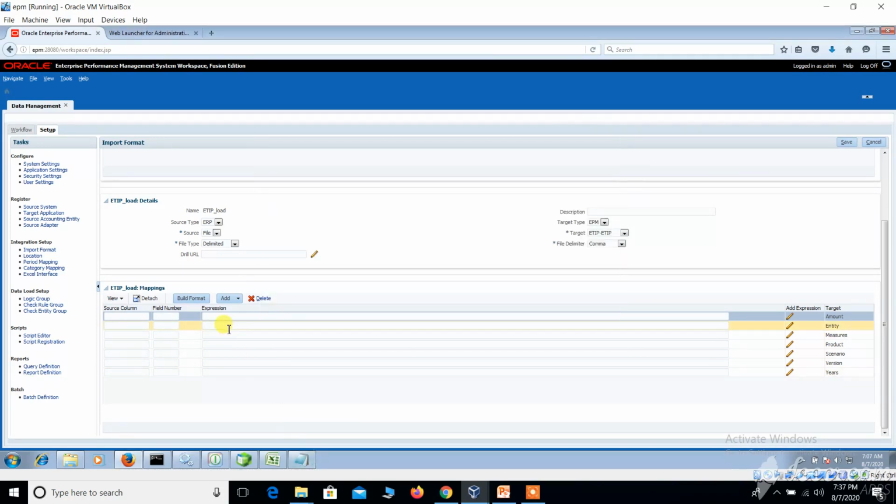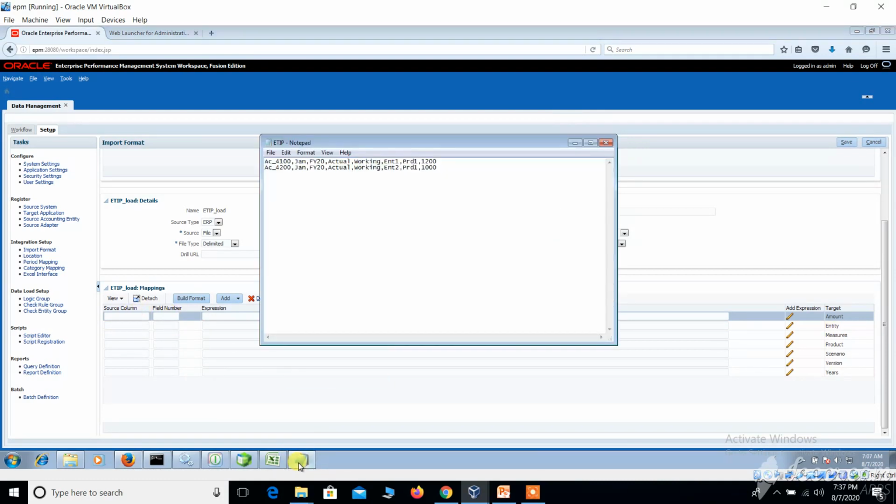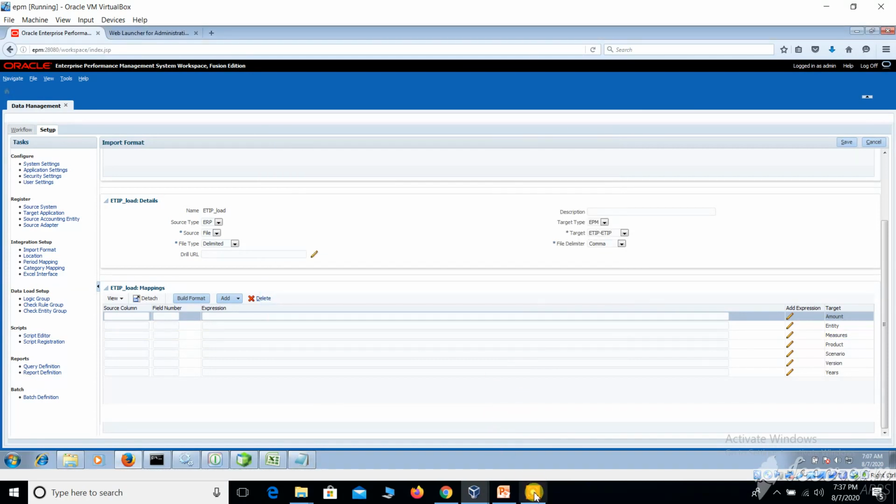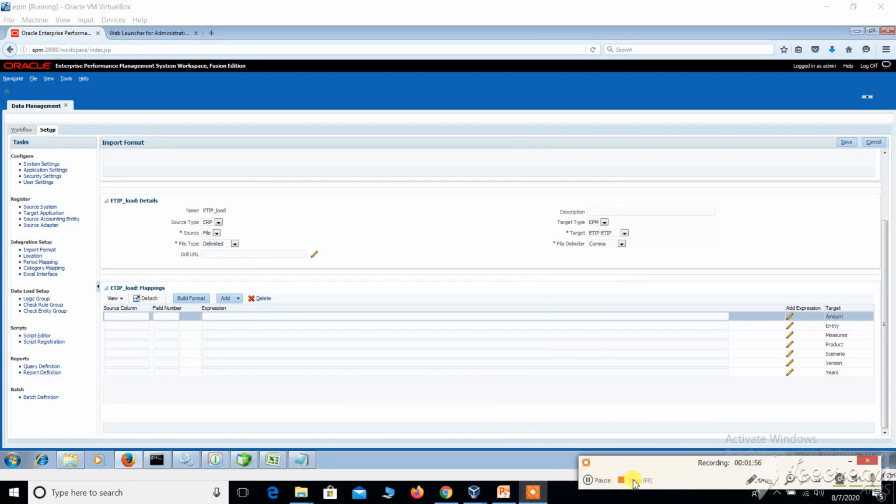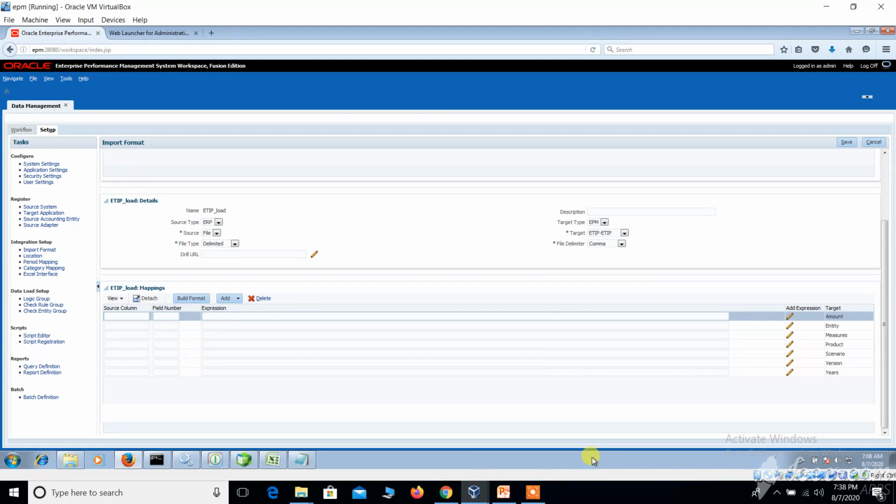These are the pointings where we can map one dimension member to another dimension member. We have given delimited, the name, and the source type ERP, and the delimiter is a comma. At the ETP load mappings, we need to define the mappings here.